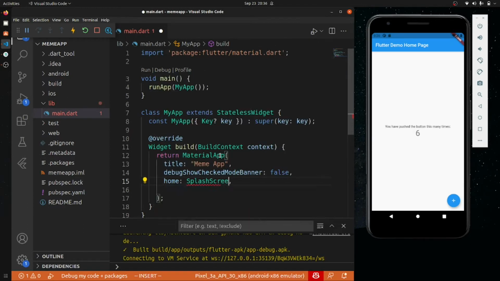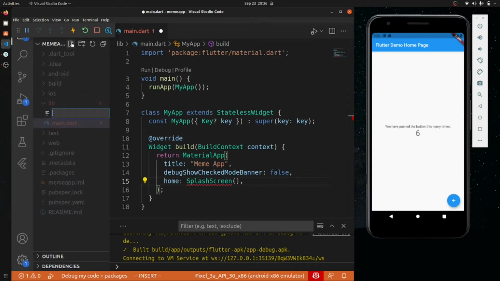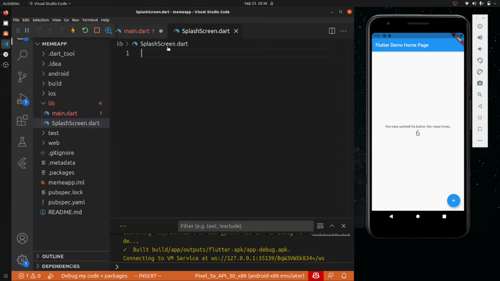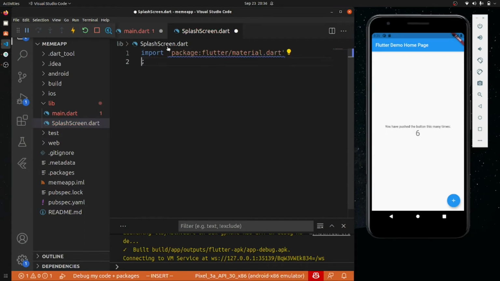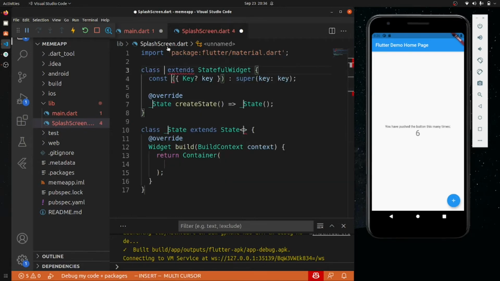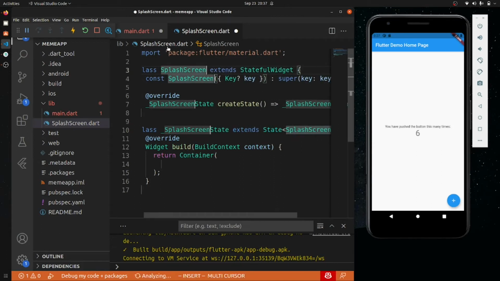Our home will be a splash screen, so now I will create a splash screen dot dart file, and import material dot dart, and then we'll go with the stateful widget with a splash screen.